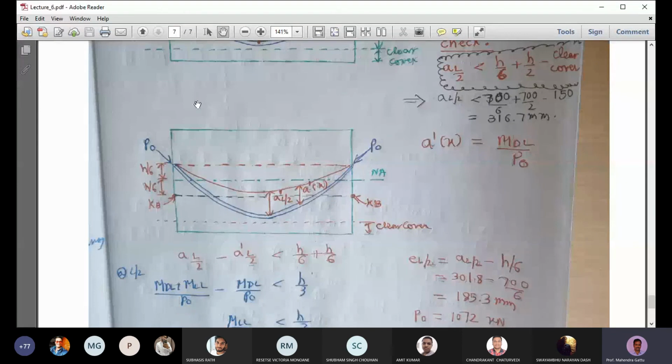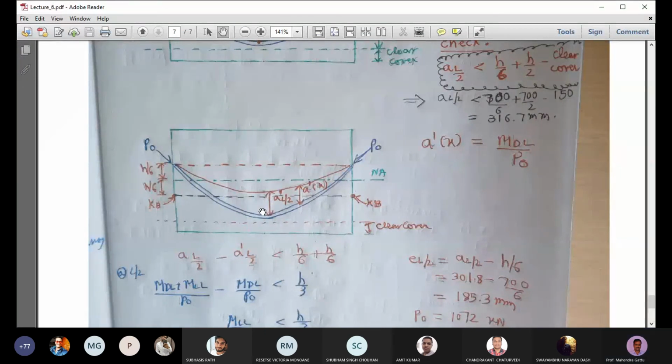And now we are analyzing only for dead load. So we have laid out the cable here, and for dead load only, we can find the offset of the pressure line with respect to the cable line. That will be M dead load by P naught. So that pressure line is shown here, indicated by the red color, and the distance of this pressure line with respect to the cable line is a prime of x, which is M dead load by P naught. At the center, the offset, the distance between the cable line and the pressure line, is a prime of L by 2. Just replace x with L by 2, we get a prime of L by 2, and that is the offset at the center.